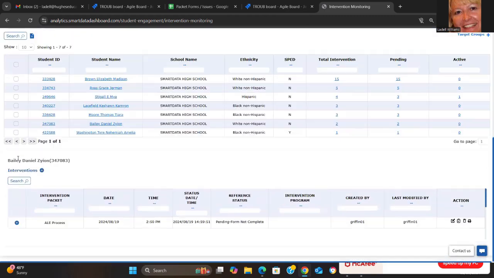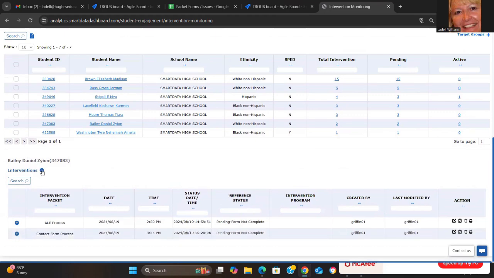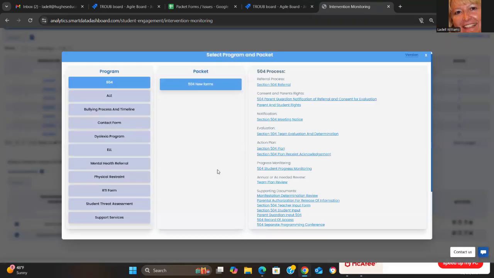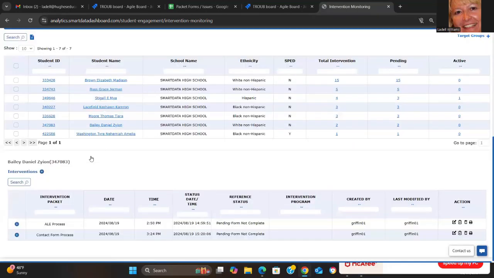You also have the ability to create interventions on the fly by selecting the plus icon beside the interventions beneath this individual student name. And then you would walk through the creation process by filling out the forms, and then it would be added to your intervention packet